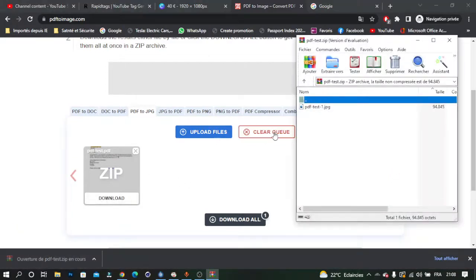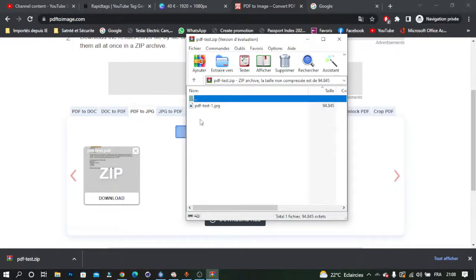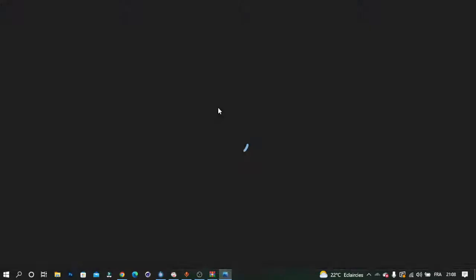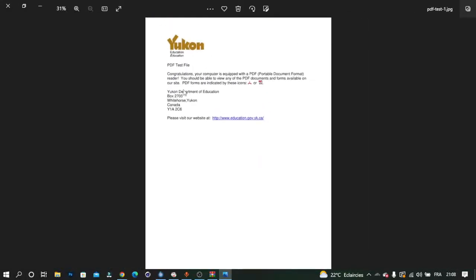Here we're going to open this file, then click here to PDF, and as you can see, this is the PDF file converted to image, as you can